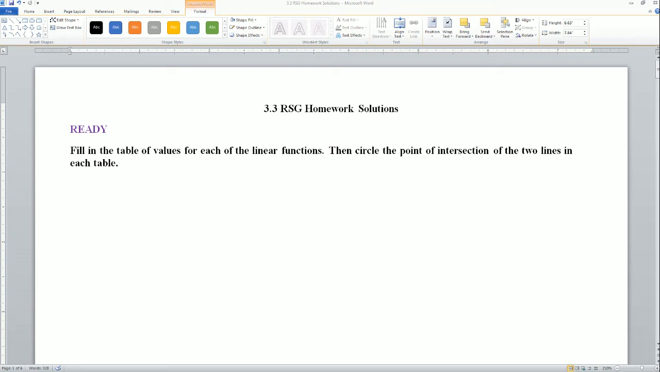Welcome, this is the 3.3 Ready Set Go Homework Solutions. Here it asks us to fill in the tables of values for each of the linear functions and circle the point of intersection of the two lines in each of the tables. Alright, so